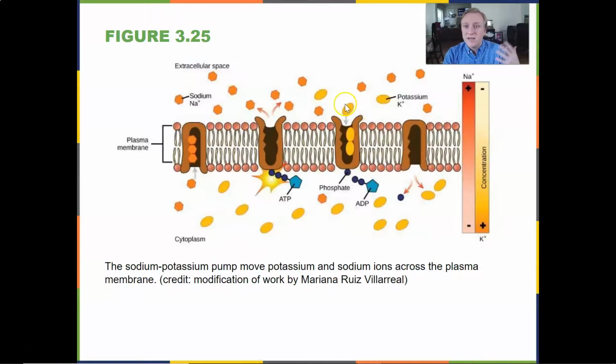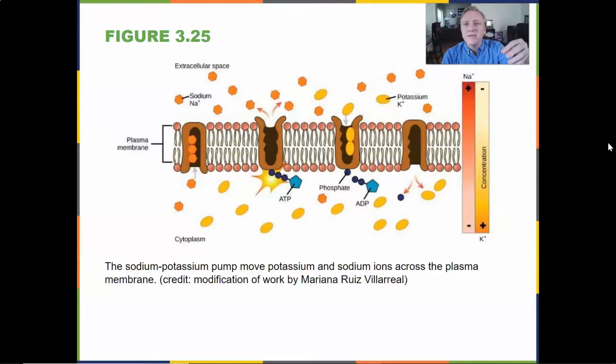Okay, so our first type of active transport is the sodium-potassium pump. The sodium-potassium pump winds up moving around positive charges, but it's going to pump different numbers of positive charges. So let's say it pumps out 3 sodium ions, it's only going to pump in 2 potassium ions. You don't need to worry about the mechanics of that necessarily, but you should know that the sodium-potassium